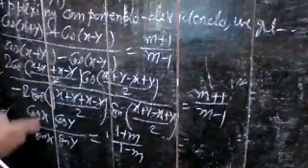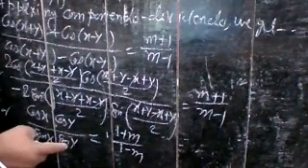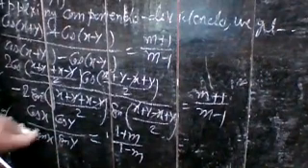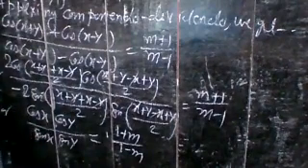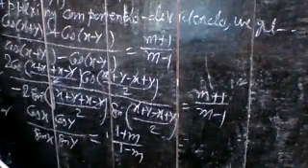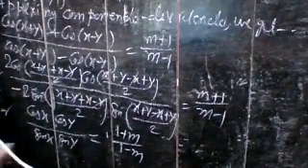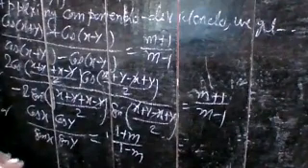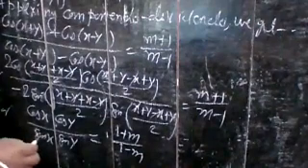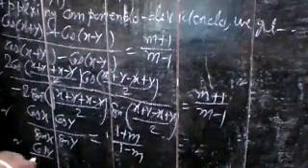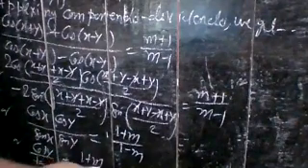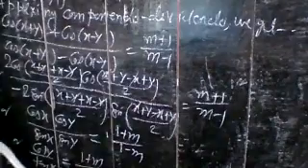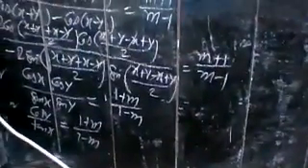Now this is written as 1 by tan x, and here you have 1 by tan y, or you write it in the form of cot. The terms of x can be written in terms of tan and y in terms of cot. Okay, so as per your question, you write it in this way: cot y upon tan x is equal to 1 plus m upon 1 minus m.